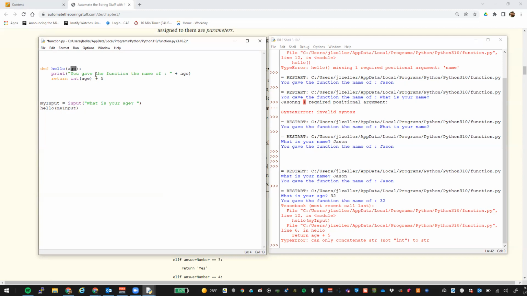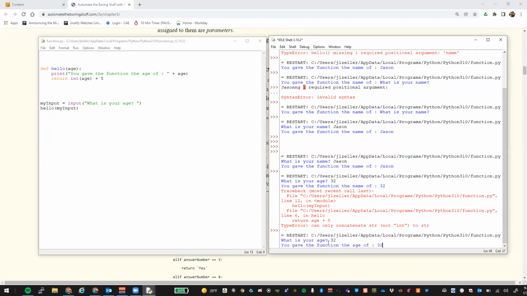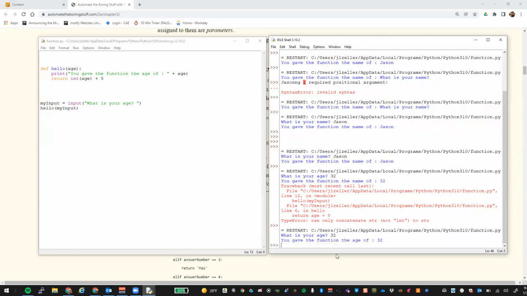So once I defined it as age, then when I manipulate it inside of here, I can say you gave the function the, let's change this to age of whatever. This is going to be a string. And then we need to convert it to an integer and add 5 to it. We're going to return that back to the main screen. Now, right now, nothing happens. So if we run this, we get an age of 32. We tell it that we gave the function the age of 32,